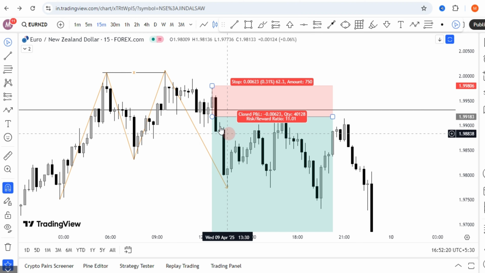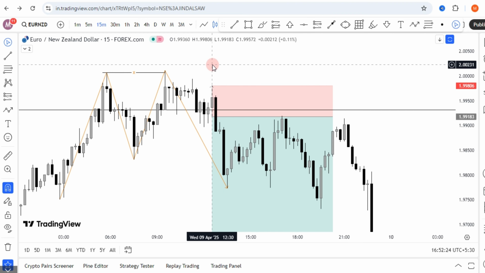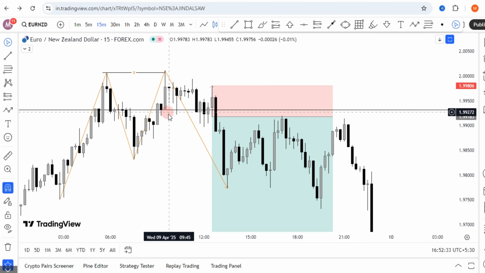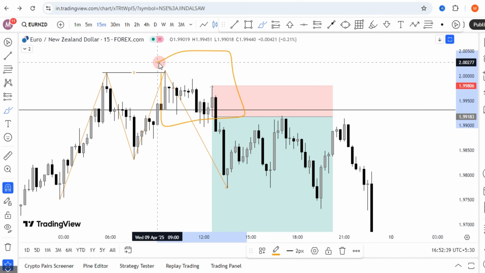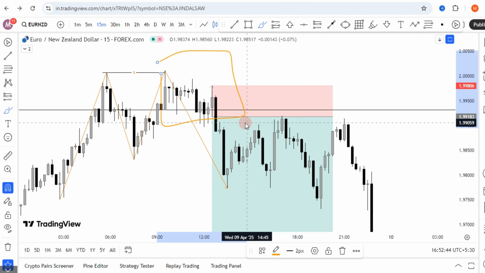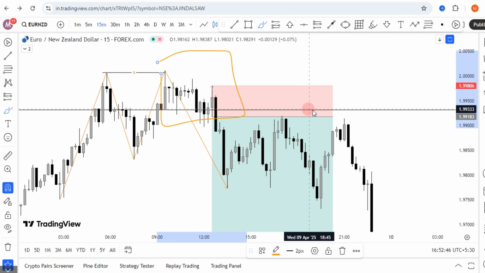So here when we enter, we will not wait for IDM or any liquidity. We will only wait for the price to come to the liquidity candle. The candle which grabbed the liquidity, the price should come to that candle only, in this range. Yes, I'll mark it. In this whole range, we will wait for the one candle that grabbed the liquidity, so the price can come to that, and then we will enter.